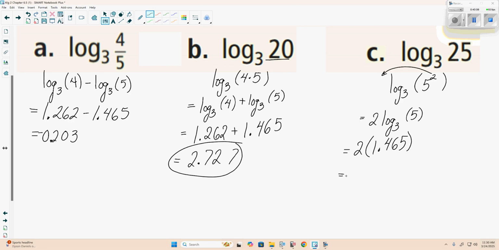Then if we multiply that by 2, that'd be 2.93 or 2.930. But that's it for that one there. Questions over anything we've done so far? We'll finish the last of this